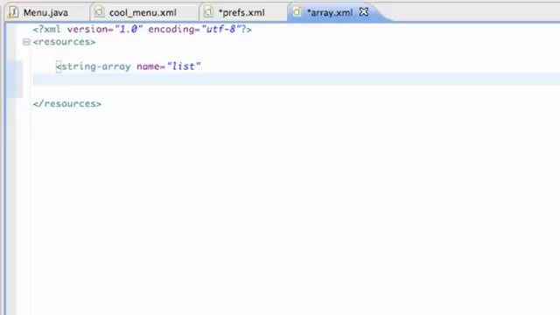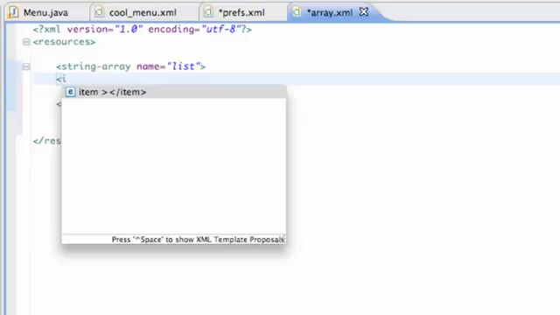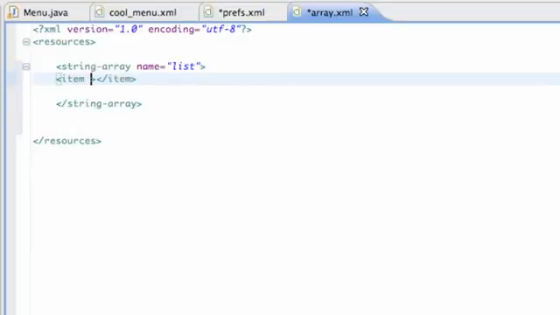And then all we're going to do is set up some items within this string array. So we need to finish off our string array. That's all we need to define it as, and then hit enter a few times so we can work within the string array and add some items to it. So we're going to say item, and then you don't even have to set up the item like we generally would. We just need to put something within both item and the close item brackets there, and we're going to call this, I don't know, option 1,